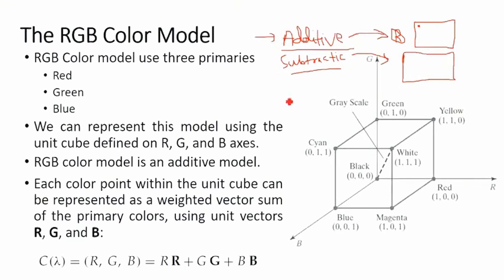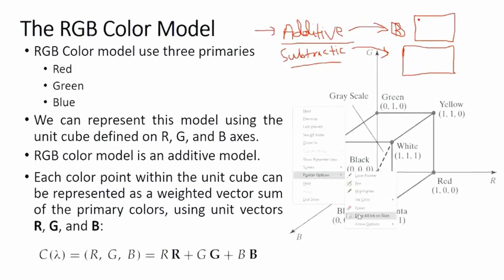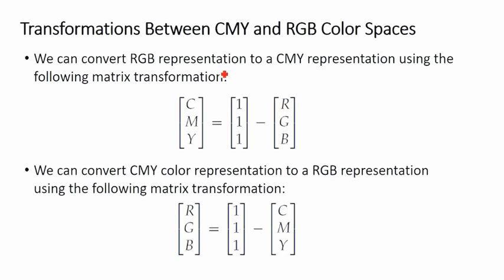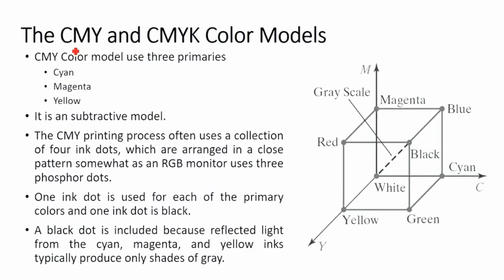Now coming up, we are going to see the CMY color model. The CMY color model is a color model which uses three primaries, which are basically cyan, magenta and yellow, and it is a subtractive model. So as I said, in newspaper you actually use the CMY color model. If you would have seen, I don't know if you noticed somewhere in your newspaper at the footer,